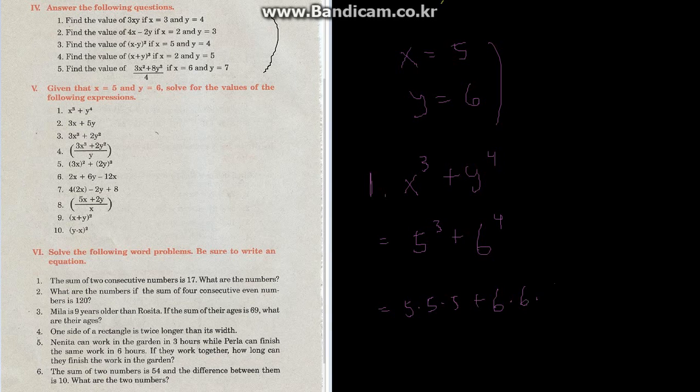We are given that x is equal to 5, y is equal to 6, and let's look at number 1, x to the third power plus y to the fourth power, and it is equal to 5 to the third power plus 6 to the fourth power, and 5 to the third power, that's 5 times 5 times 5 plus 6 times 6 times 6 times 6,